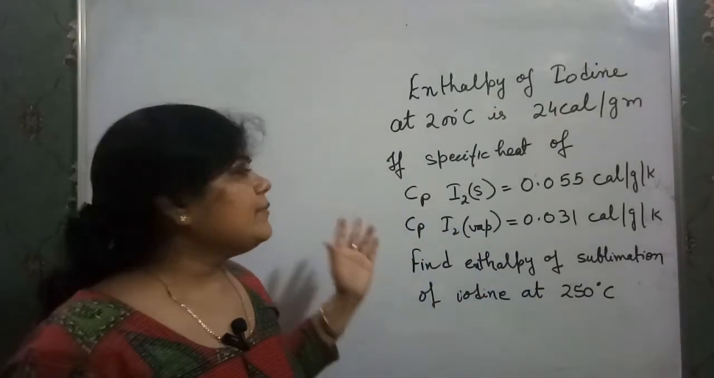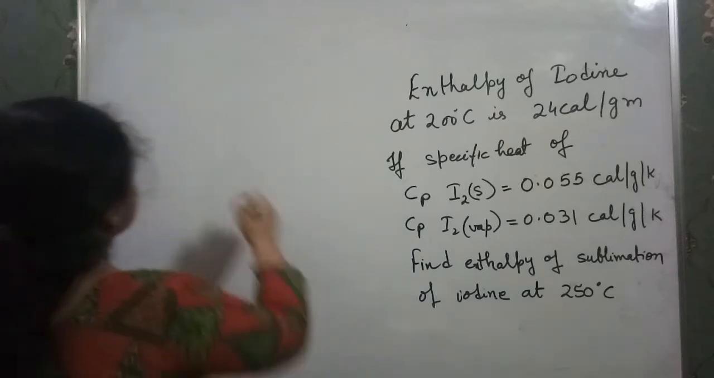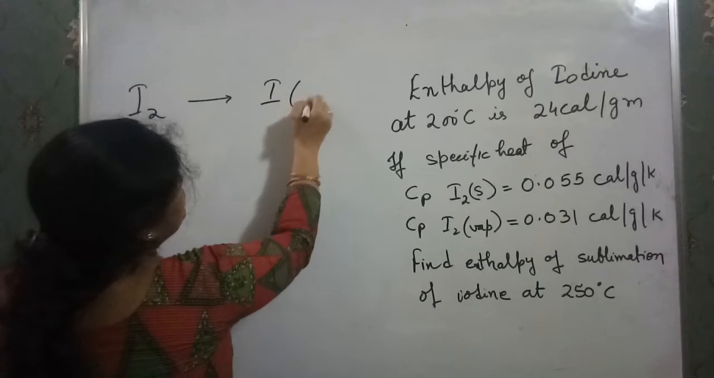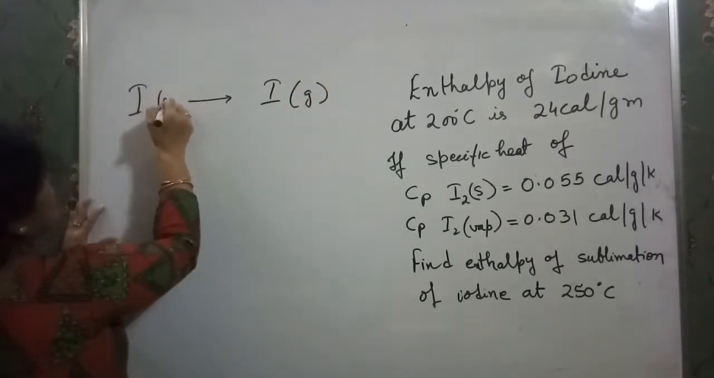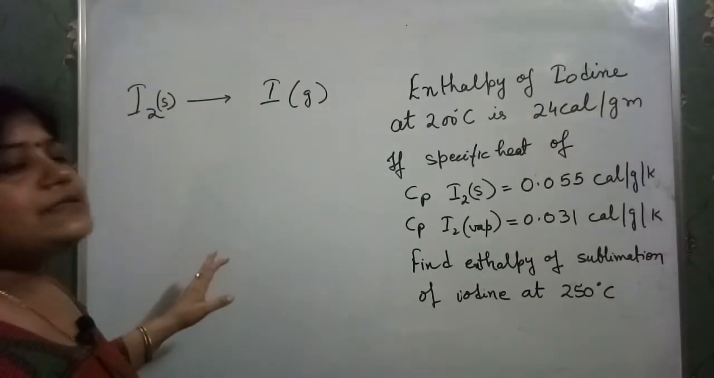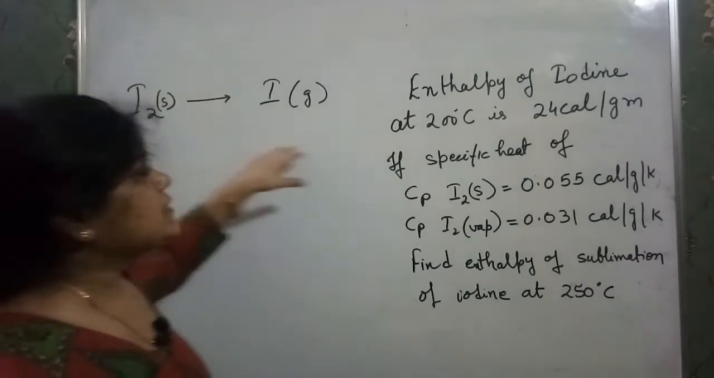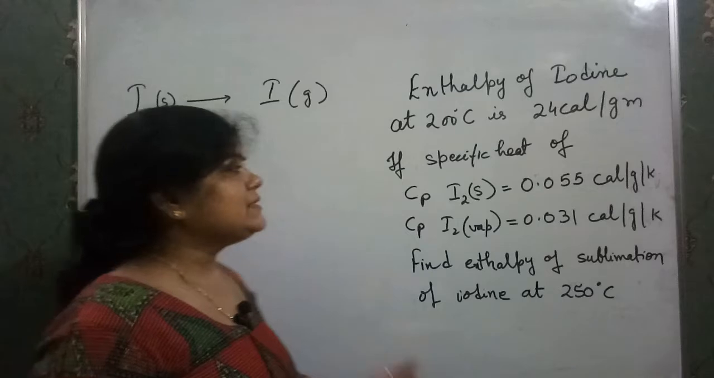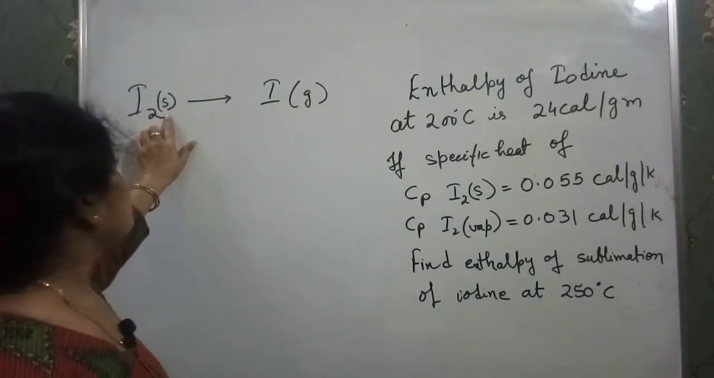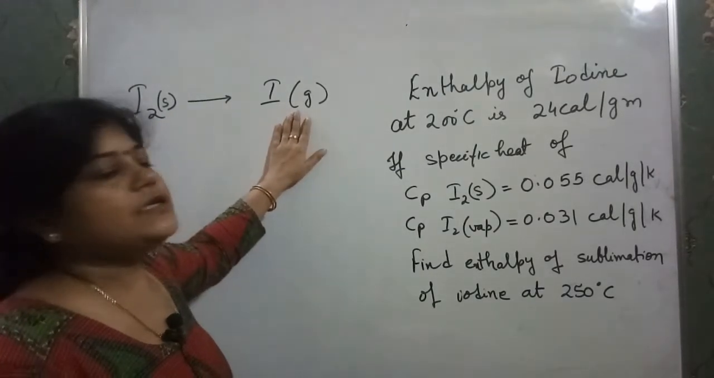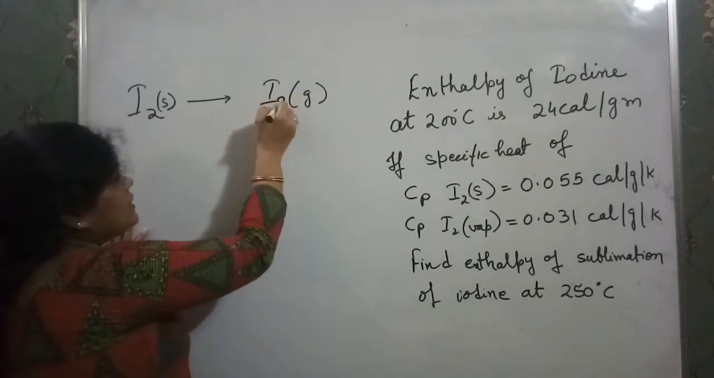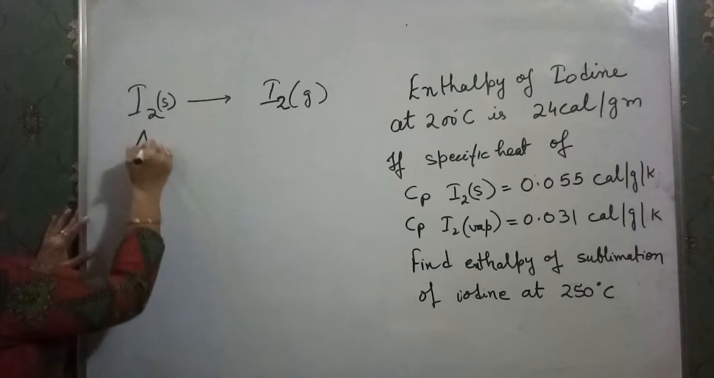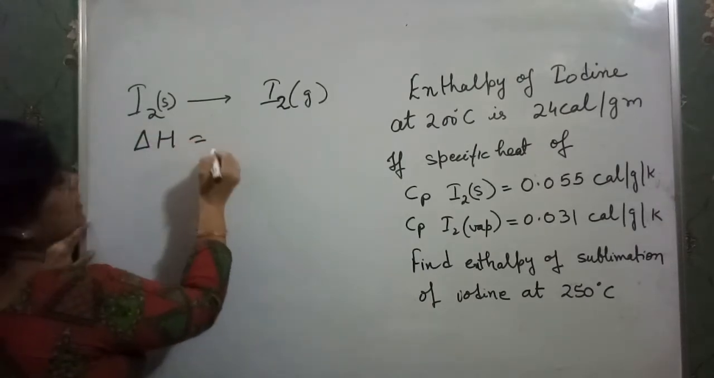Reading this question, I am able to resolve it. We can easily understand that iodine is converted from solid state into the vapor state. In this process, there are two temperatures, 200 degrees Celsius and 250 degrees Celsius, and there is a conversion of the solid state of iodine into the vapor state of iodine. During this, we have to find the change in enthalpy. As we know, the formula for the change in enthalpy is